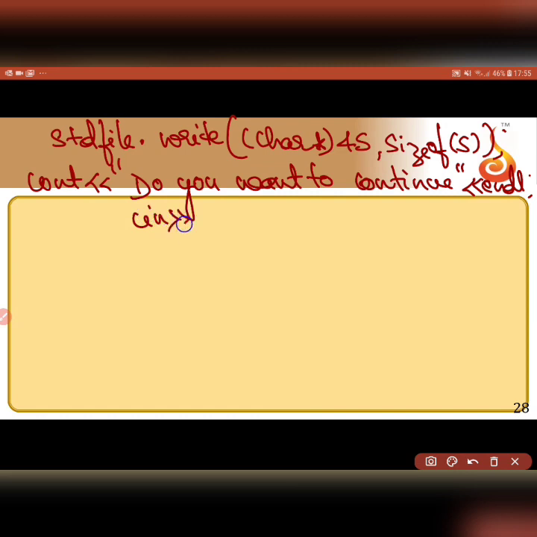Cin, ch, then ch is equal to lower ch. I will close it. This is my while. That is, until the user says yes, the while loop would